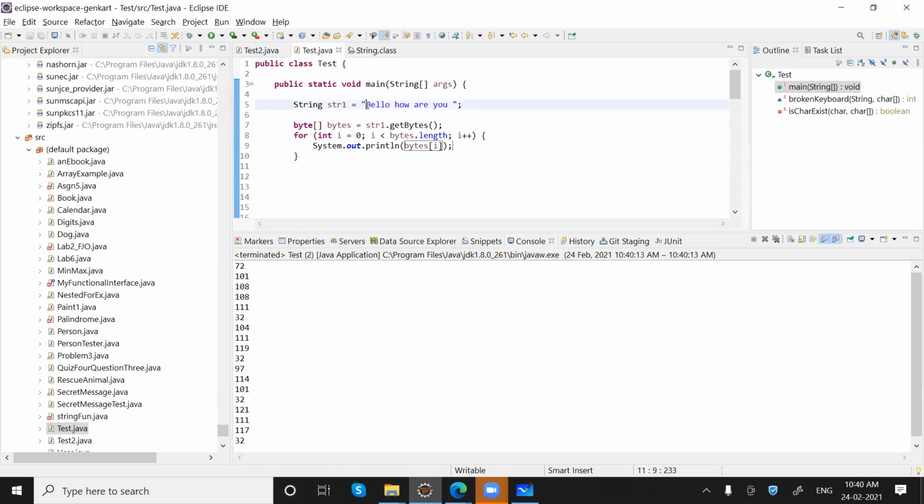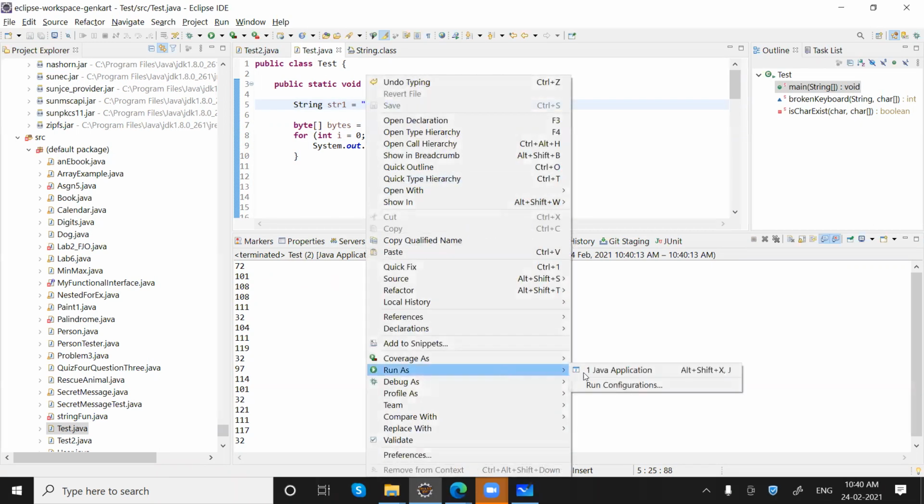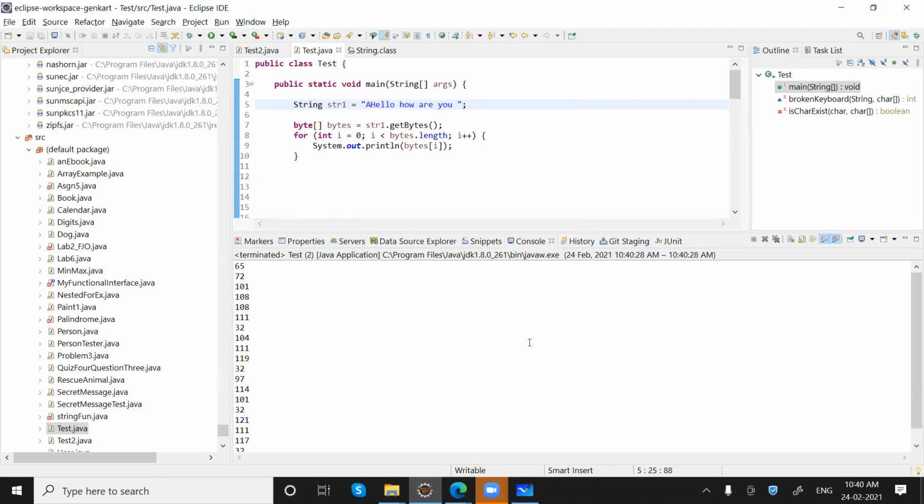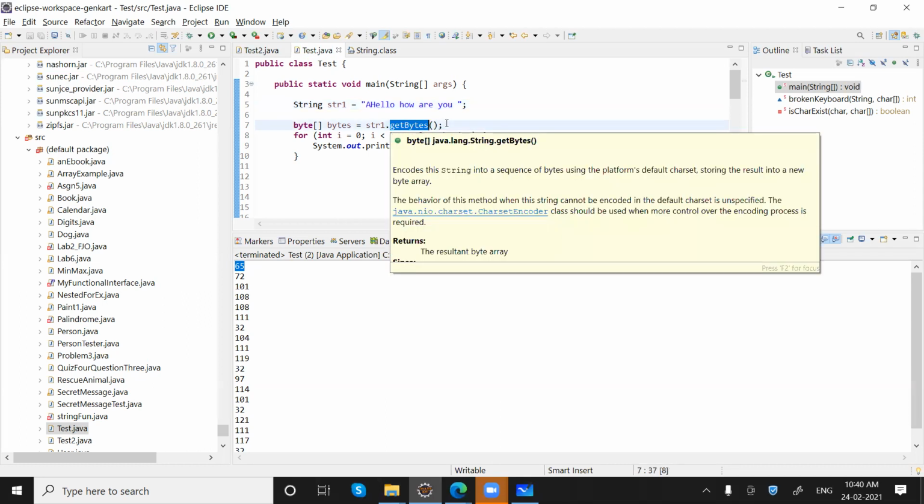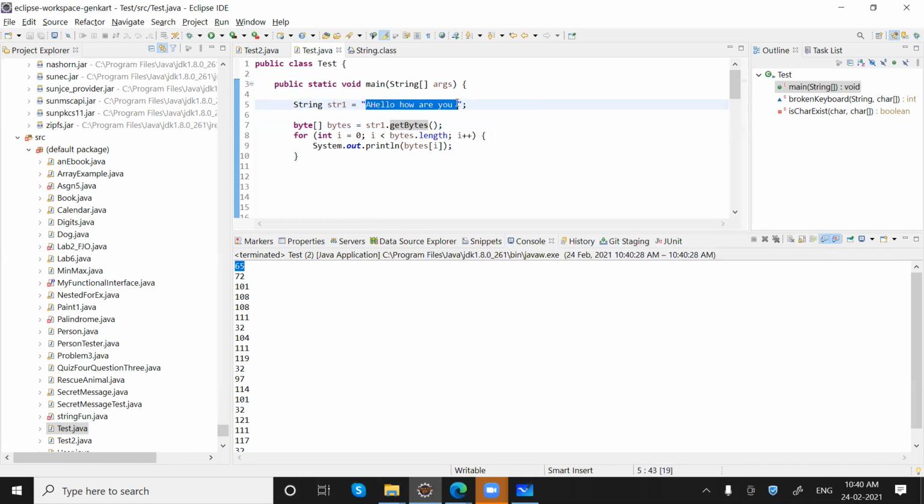Okay, and if I say we are starting from A, so that you can understand it better, you can see we are getting 65, the first character, which is basically A. So when we say getBytes, what it does basically, it converts the corresponding string into the respective Unicode value. Getting my point? Yes or no? Okay. So the getBytes method is there.